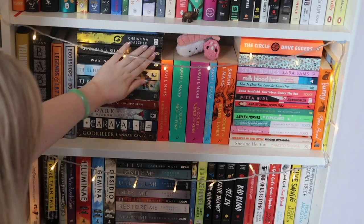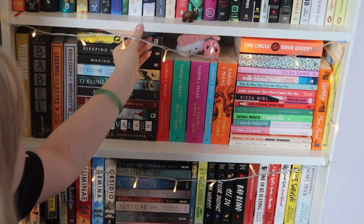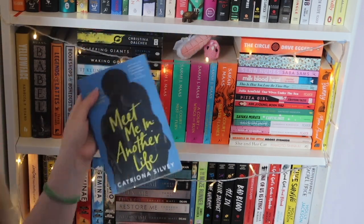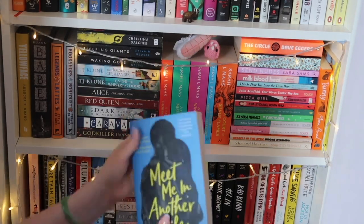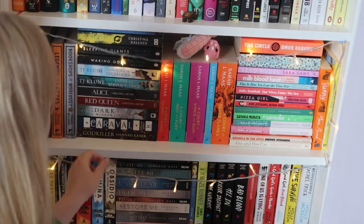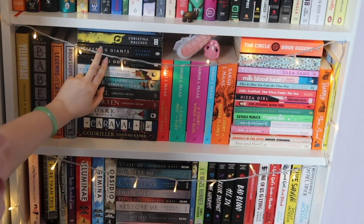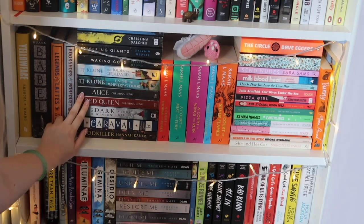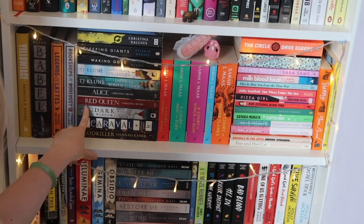And then here we have a sci-fi type fantasy stack. Meet Me in Another Life at the top here that you can't really see. This one I have not heard anyone talk about, but I really loved it as a romantic time travel story. Then we've got a couple of duos, I guess. We've got the first 2 books in the Sleeping Giants series by Sylvain Neuvel. We've got 2 TJ Klunes. We've got the first 2 books in the Alice series by Christina Henry,